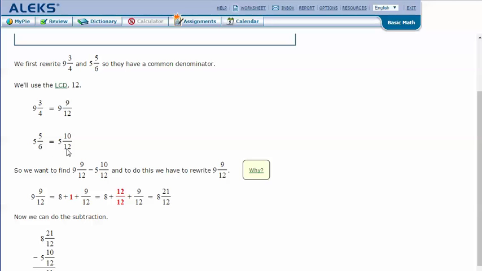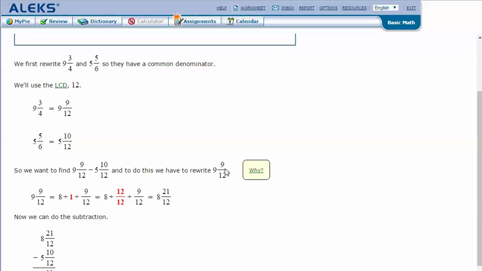And 6 times 2 is 12. 5 times 2 is 10. And so 5 5/6 is the same thing as 5 10/12. So now we have 9 9/12 minus 5 10/12. We can't take 9 minus 10,